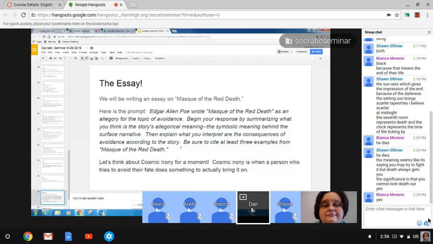So you definitely want the citations from the story, but if you can think of another example as well where this allegory is taking place, you can compare them, and that might be easy for you to do. You will be getting one of the lessons before you actually write the essay on how you incorporate those details into the paragraph. So be sure to look out for that and to watch that video. So I think that's all I have to say.